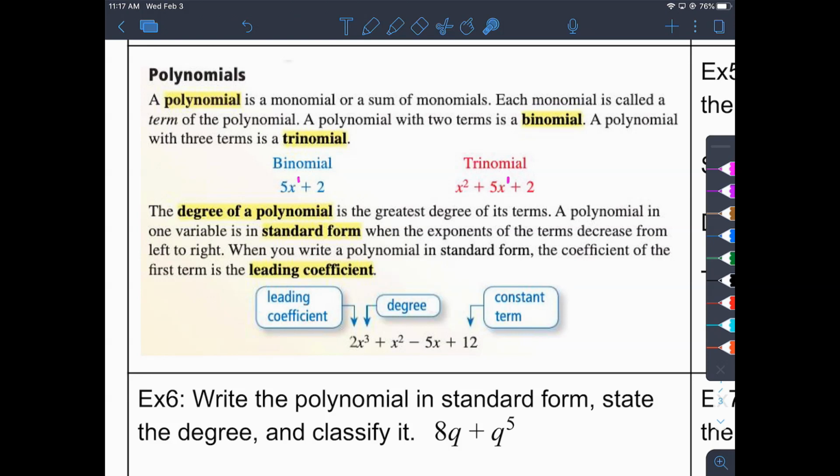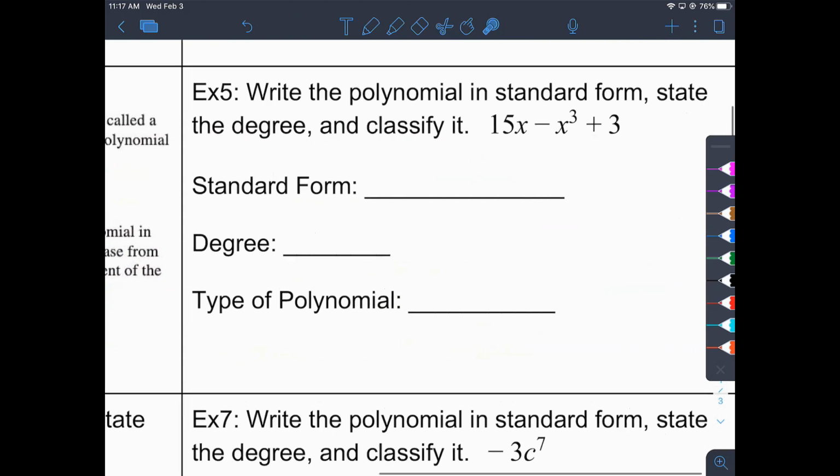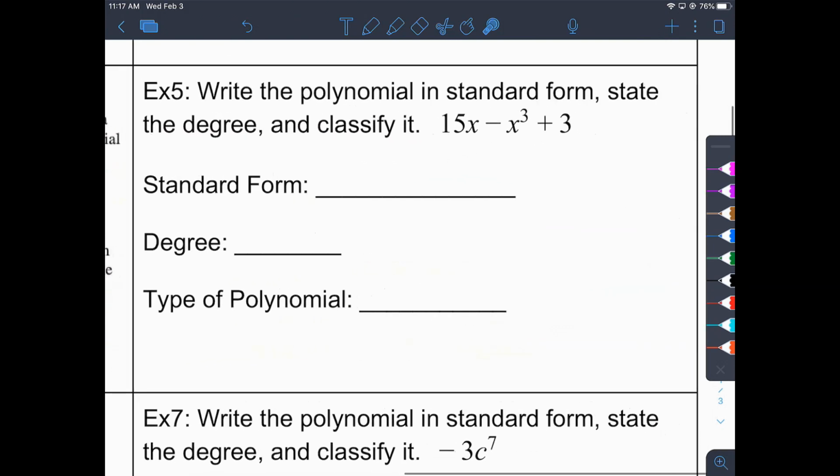So let's do a couple of examples of talking about this standard form, the type of polynomial we're dealing with, and then, of course, a review of the degree. It says, write the polynomial in standard form, state the degree, and classify it, which is, of course, what type is it? Is it a monomial, a binomial, a trinomial? So let's write this